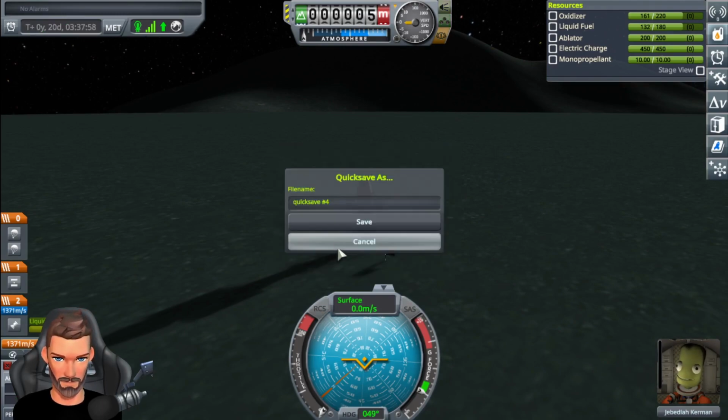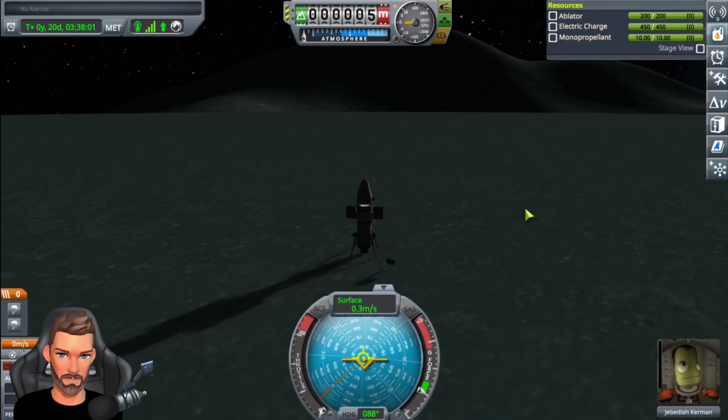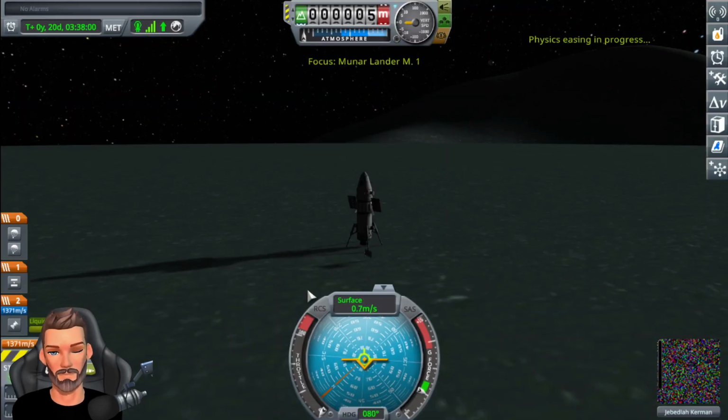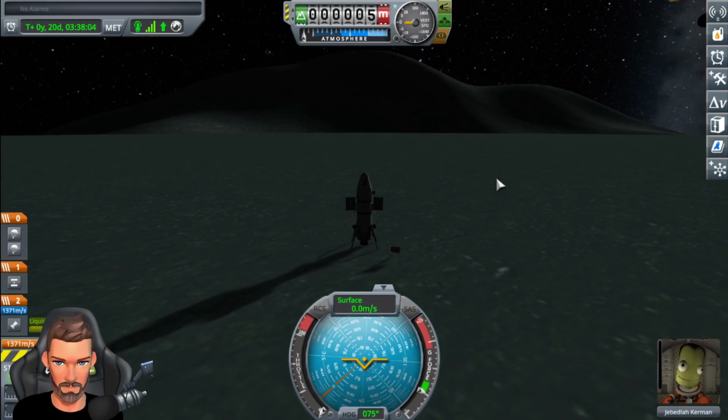Quick save. Oh no, and that's why we quick save. I hit the wrong key. But, oh look, nothing happened. We're still where we were at. Okay, so...